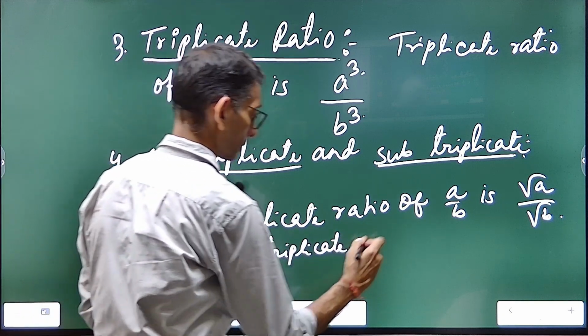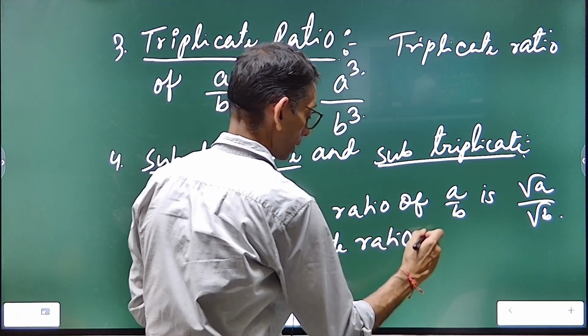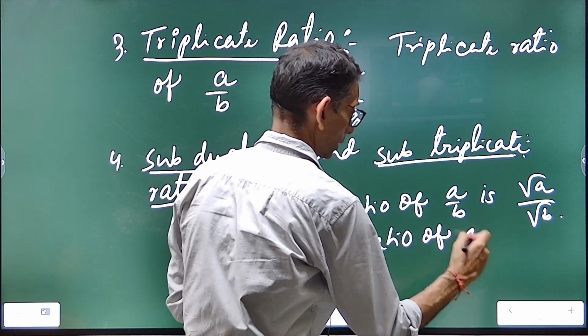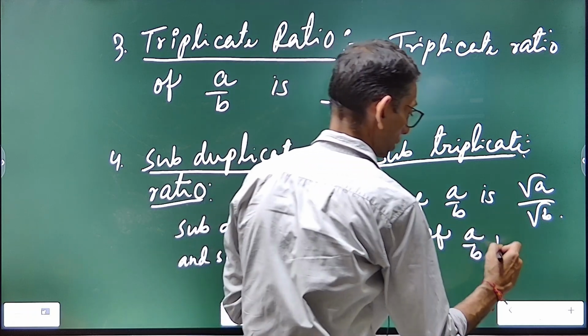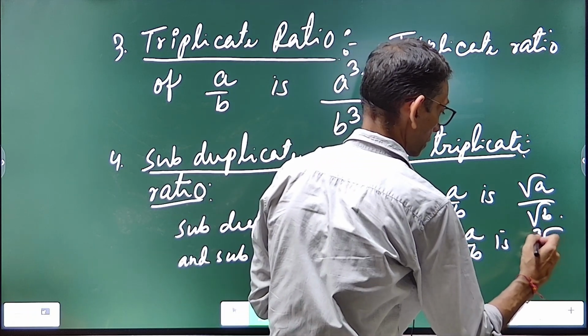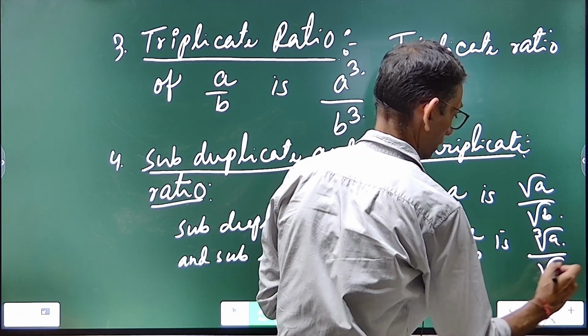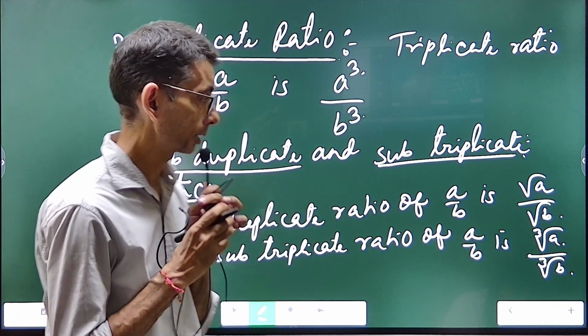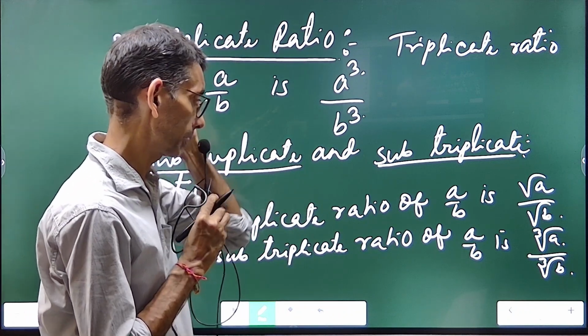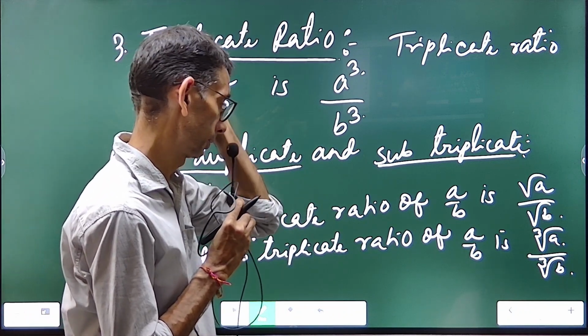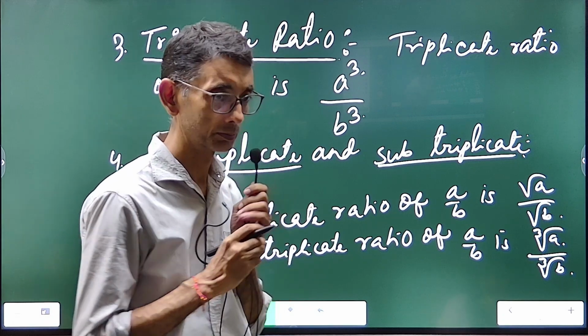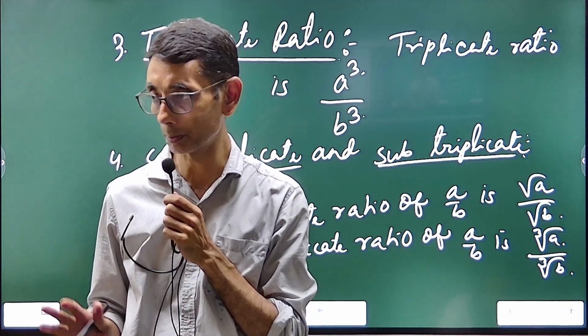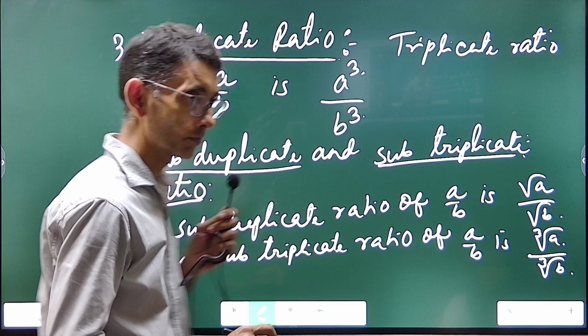Subtriplicate ratio of A by B is what? Cube root of A divided by cube root of B. Subtriplicate ratio of A by B is cube root of A by cube root of B. It is called subtriplicate. You know cube root, কিউব ৰুট জানা এইটো চোৱা